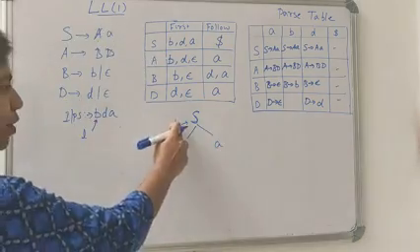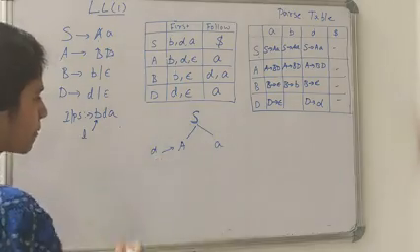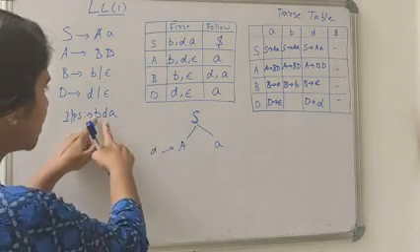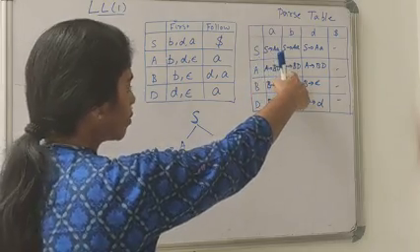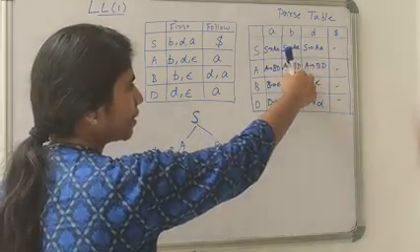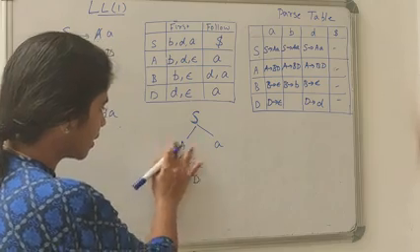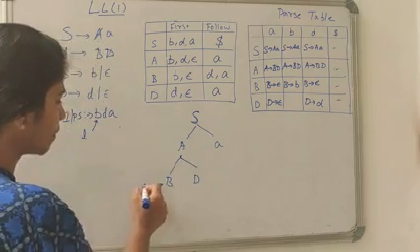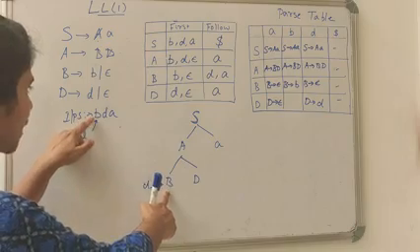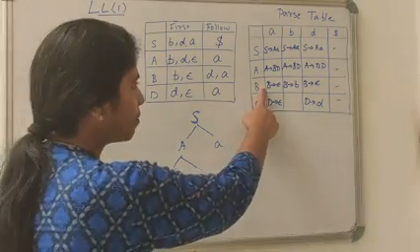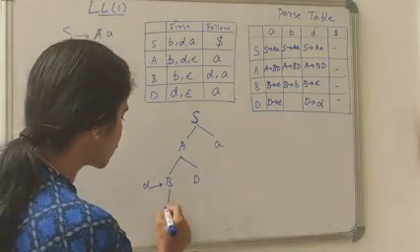A a. Now the descent pointer always points to the leaf node. Now the descent pointer points to capital A. Again it will check, row corresponding to A and column corresponding to b, that is A gives B D. So this A can be expanded into B and D. Now the descent pointer points to B. Again it will check capital B, small b. We have another rule, that is this B can be expanded to small b.